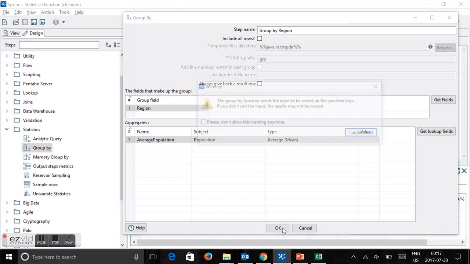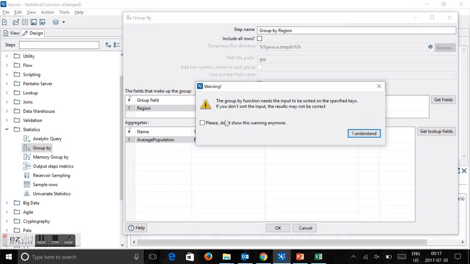That's done. It gives me a warning. It's not actually a warning, it's just information. It tells me the group by function needs the input to be sorted on the specified key. Now remember, I have done my grouping on a region, and my previous step was sorting on the region, which means that I have given a sorted input to this group by step. So I say yes, I know it, I understand, and I say okay,